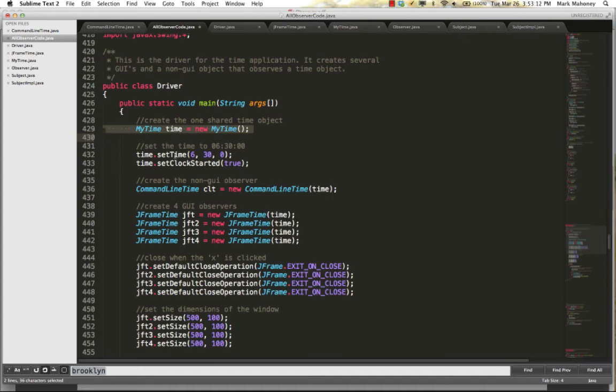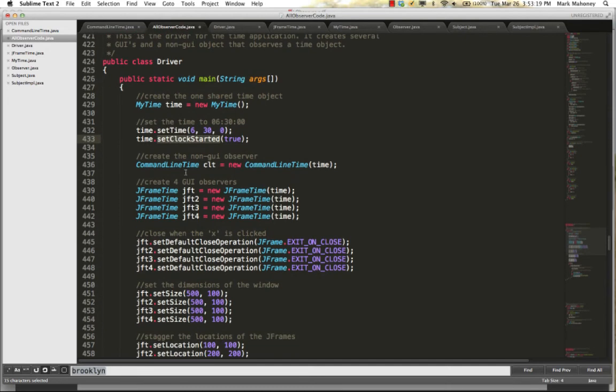Okay, and we're going to set the time to 6:30 a.m. We're going to say that the clock has started. Okay, now here we're going to create some observers. So we have this command line time observer, which we always pass the observer the subject or the piece of data that